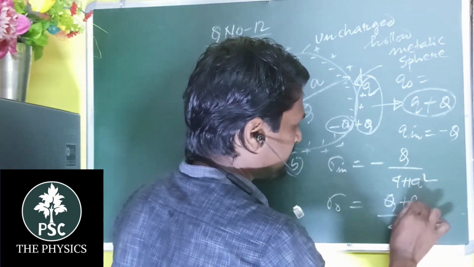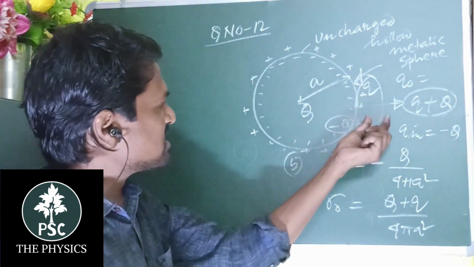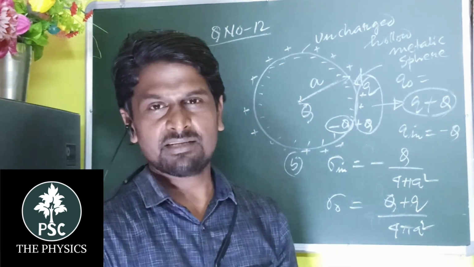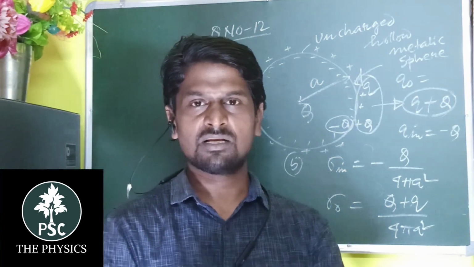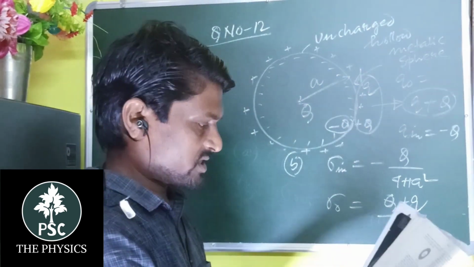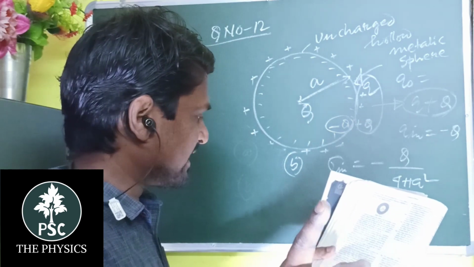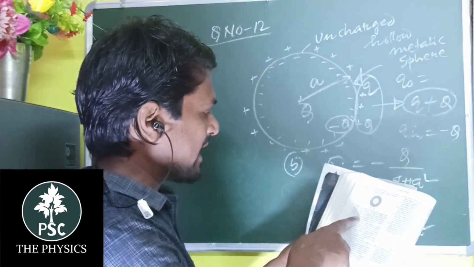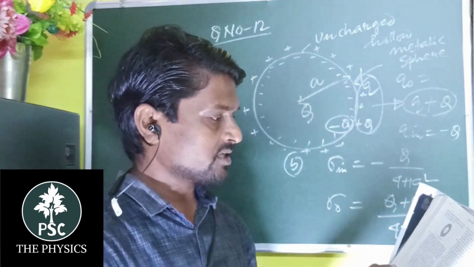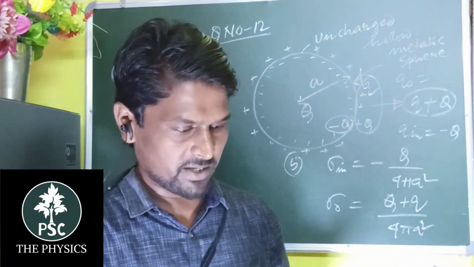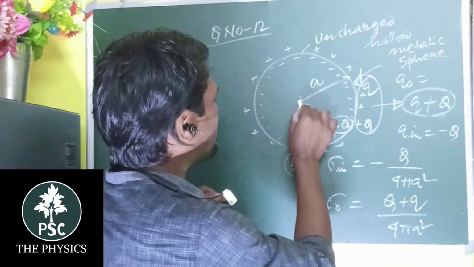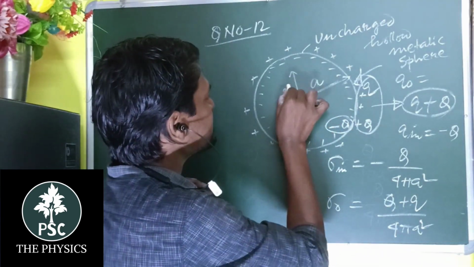Okay, student, since the outer charge is small q plus capital Q, I think the concept is clear for you. So the next part is, find the electric field inside the sphere at a distance x from the center in situations A and B. Find the electric field. So students, you have to calculate the electric field at a distance x,